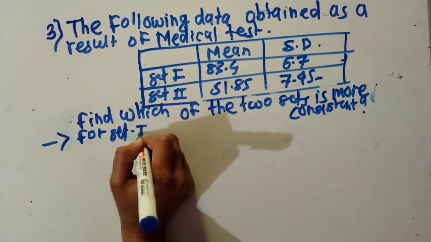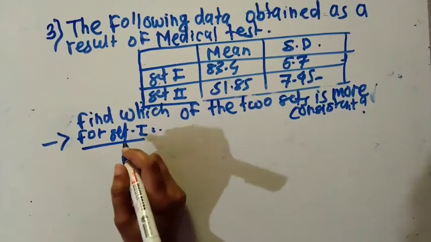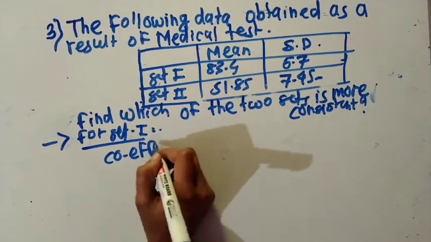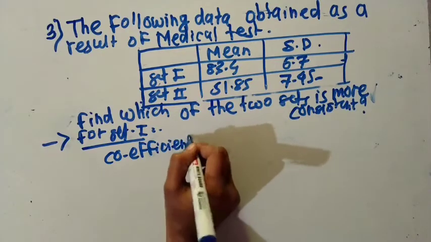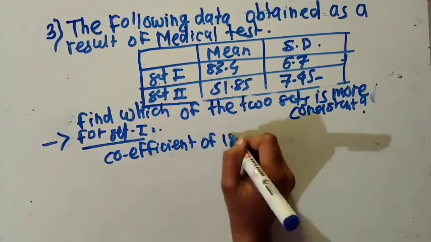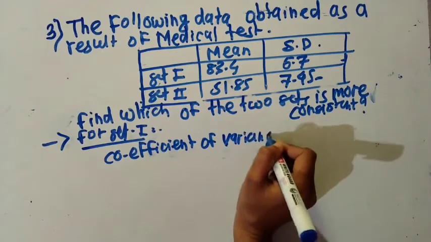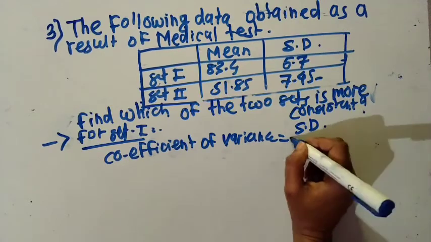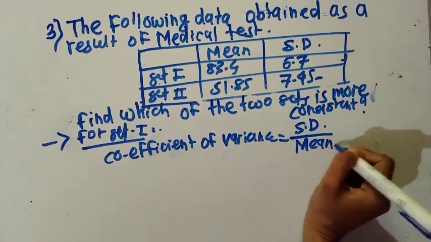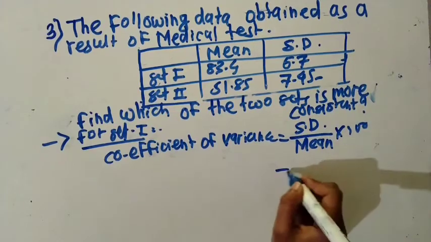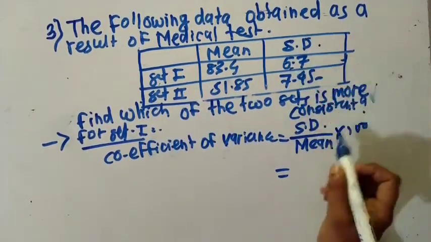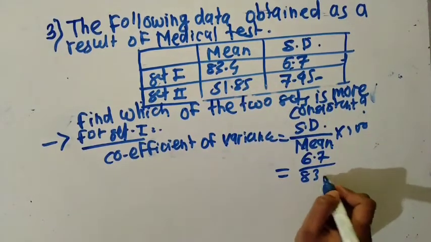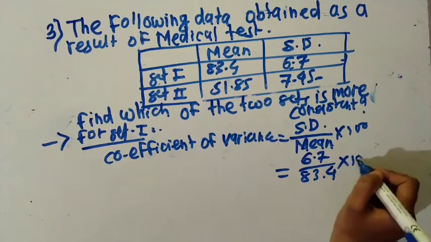The coefficient of variance formula is standard deviation upon mean into 100. For set 1, standard deviation is 6.7 upon mean is 83.4 into 100,